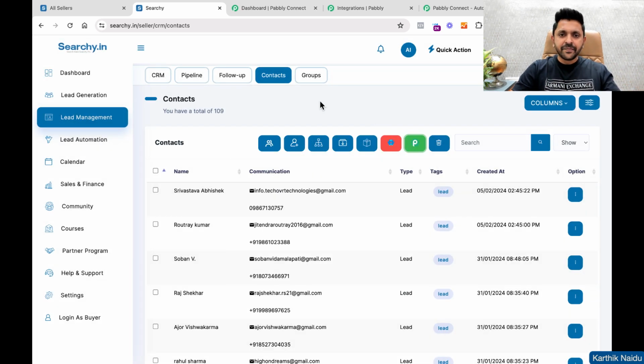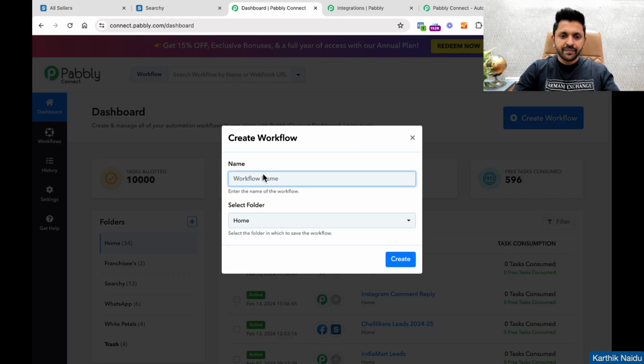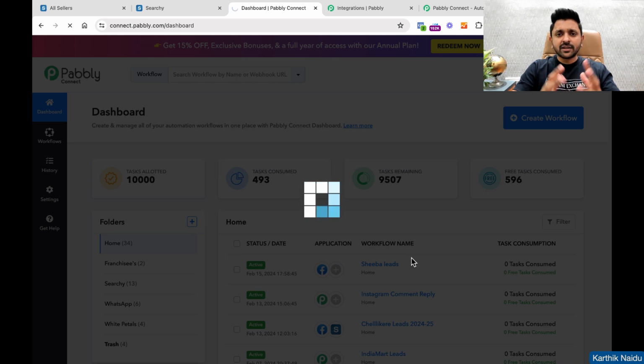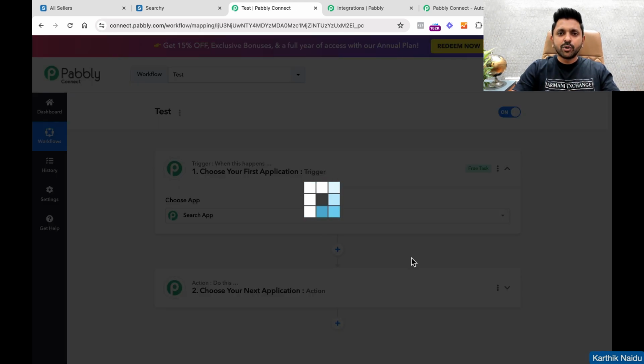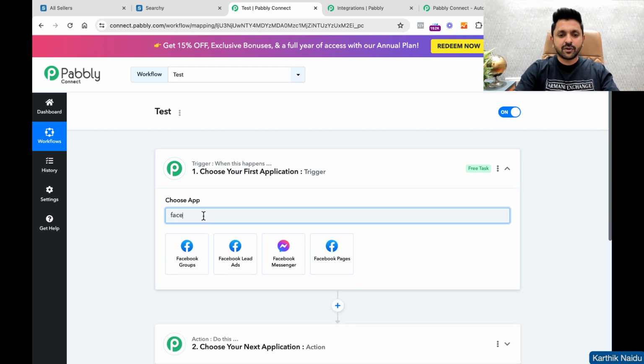So how do we do this right now? If you look here, the first step is to go to your account and click on create new workflow. I can call this test and click on create. Now let's say the most demanded use is getting Facebook leads into the Searchy platform. Can we do that? The answer is yes. I'm going to go straight away and first search for